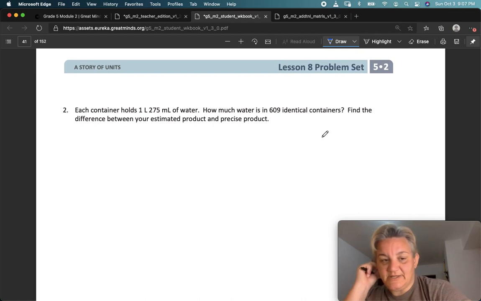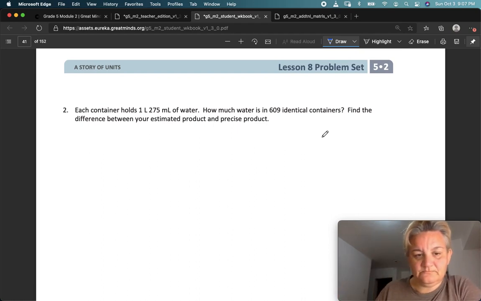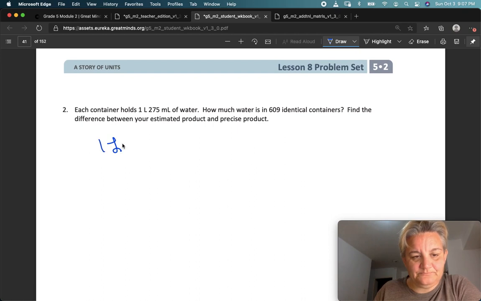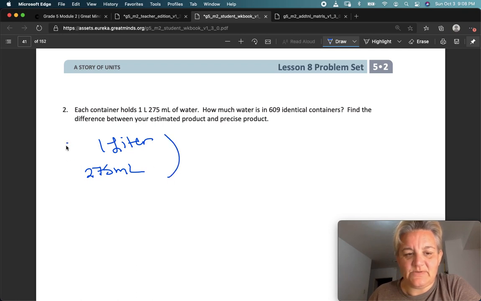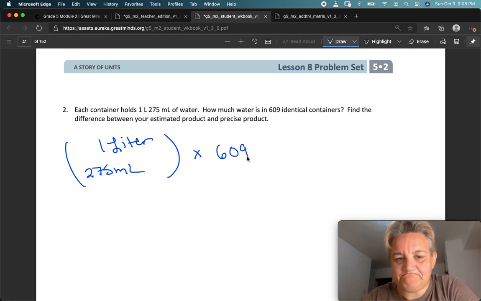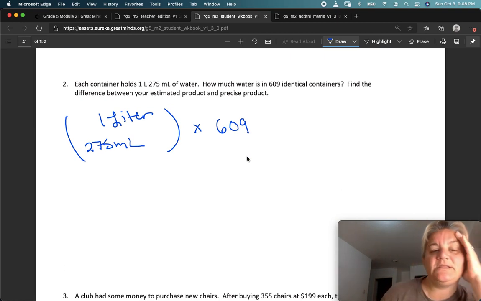Number 2. Each container holds 1 liter and 275 milliliters of water. How much water is in 609 identical containers? Find the difference between your estimated product and your precise product. Okay, so 1 liter, 275 milliliters actually would look like this,